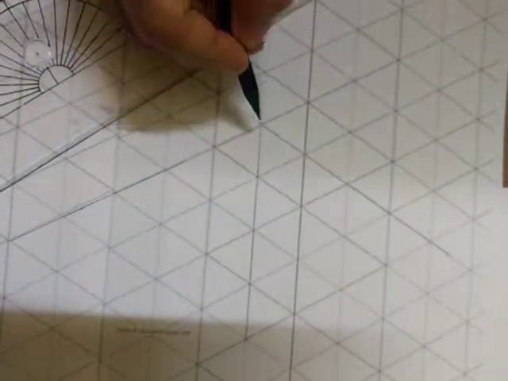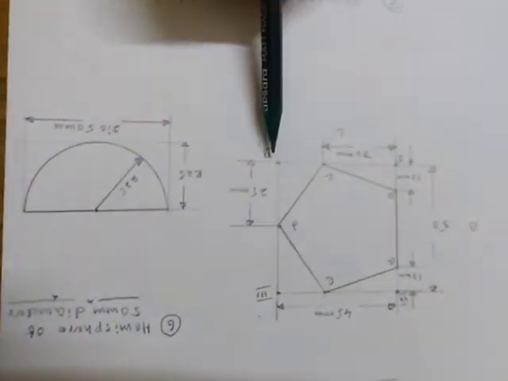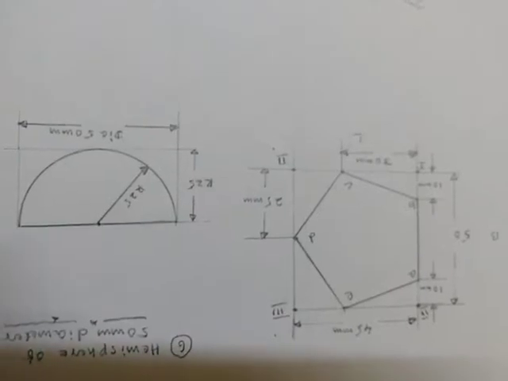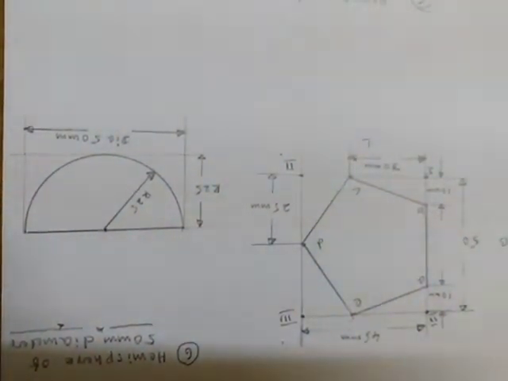Alright, now my aim is to mark the dimension. Starting point I will call it as 1. Now this 1 to 2 length side I am marking towards my right hand side. I told you earlier also, 1 2 length side. Starting point, this is 1. So what is that 1 to 2 length? It is 45 mm. 45 is 4.5 blocks.